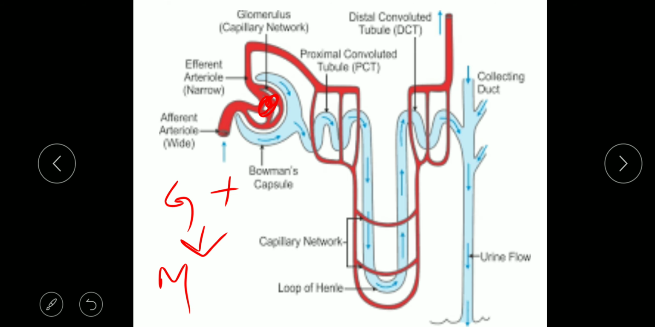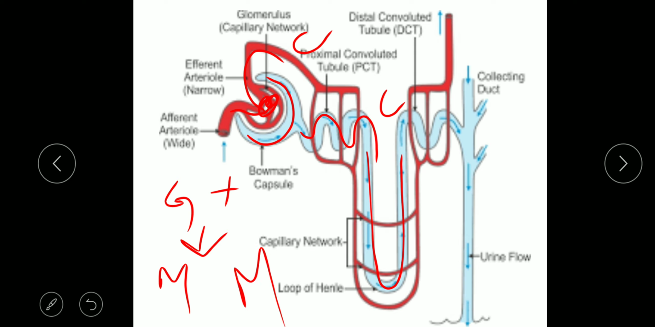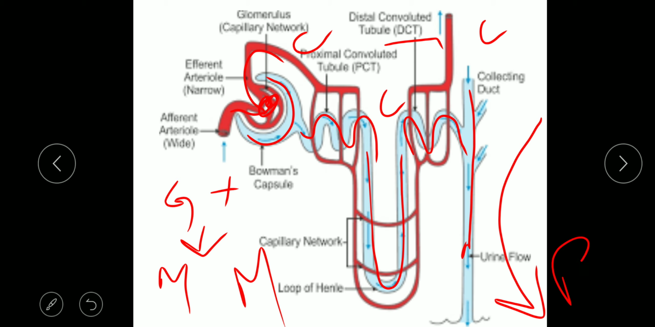This is again the structure. Red is showing the supply of blood capillaries. Blue part is the nephron. So this is Bowman's capsule. This is the PCT present in the cortex. This is the loop of Henle present in the medulla. This is the DCT, distal convoluted tubule, which is present in the cortex again. DCT joins with the collecting duct, and many collecting ducts will join with the pelvis. So this will be the flow of